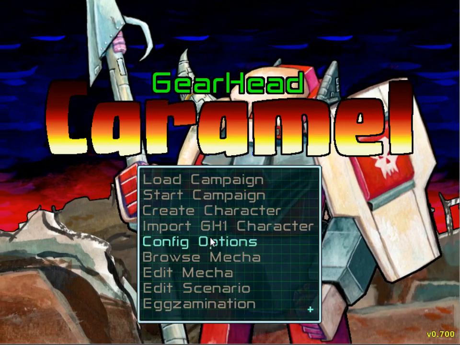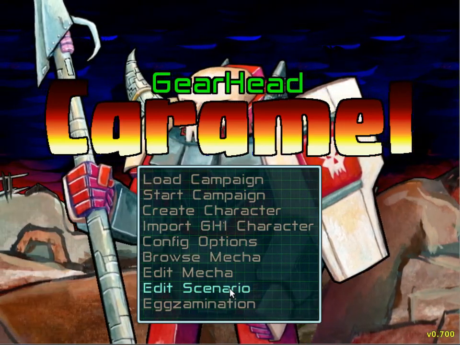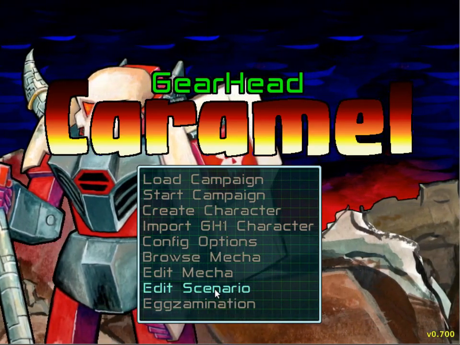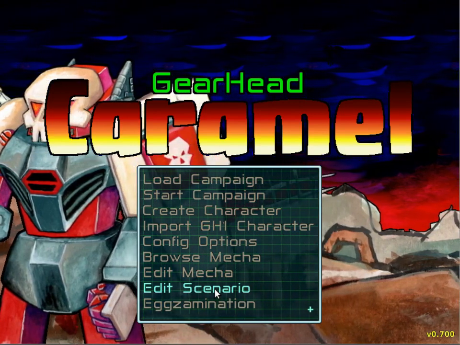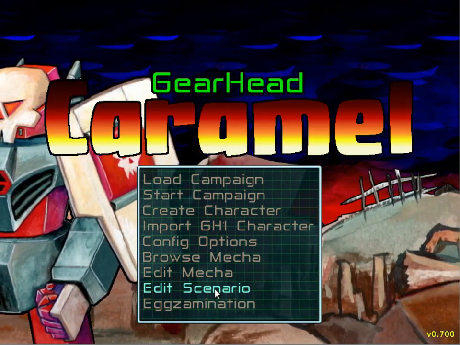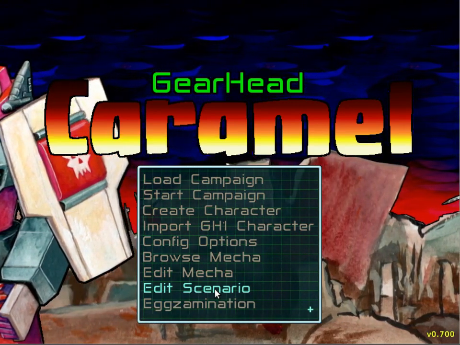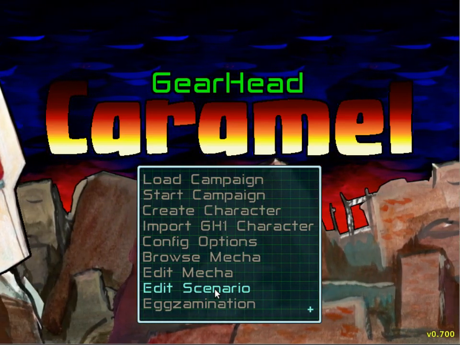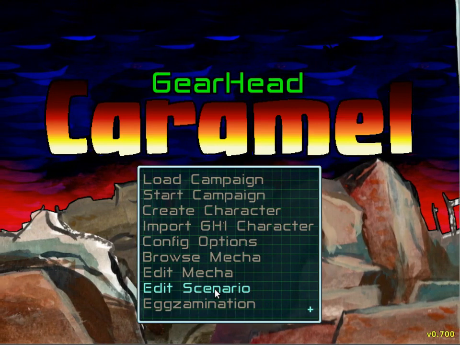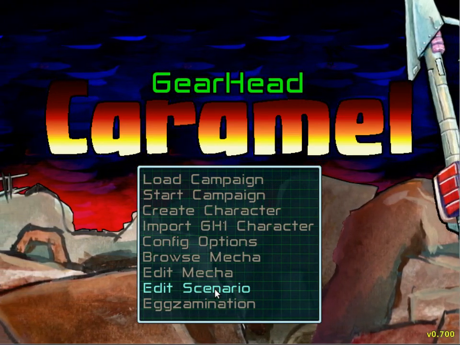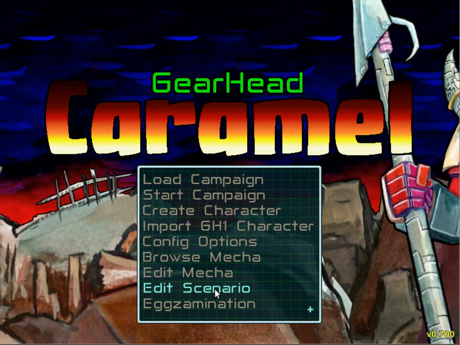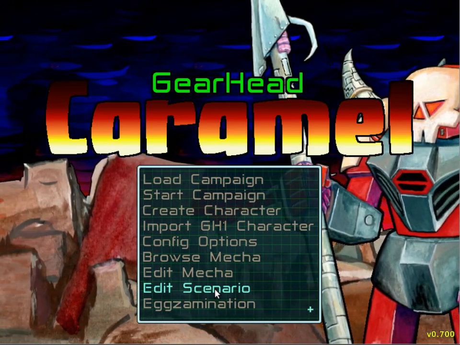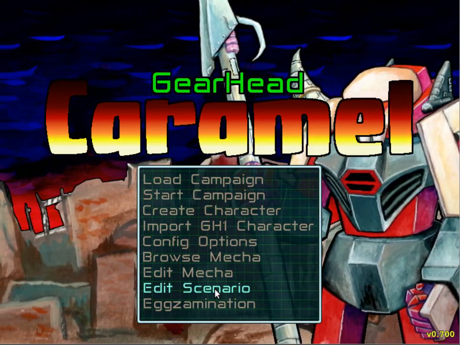I wanted to do a short video tutorial on the scenario editor, which is a new feature from version 0.7. It's an early alpha feature, let's say. It works. It can do a lot of stuff, but it's not very easy to use yet. And there are still a lot of things that need to be added to it. But I thought I'd do this short tutorial to show you how you can use the scenario editor to make your own